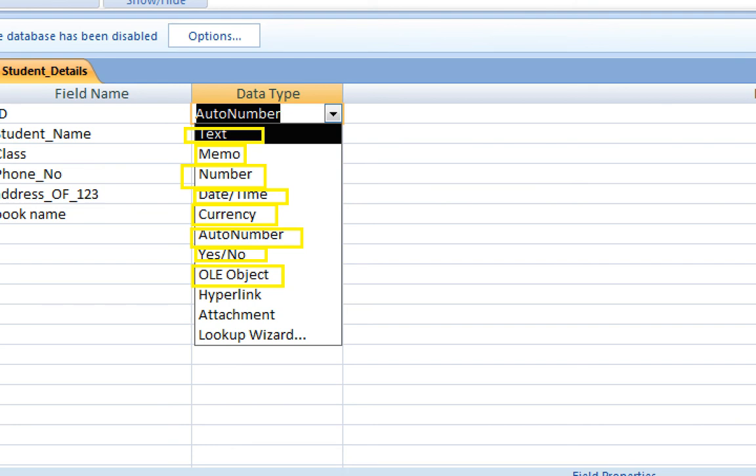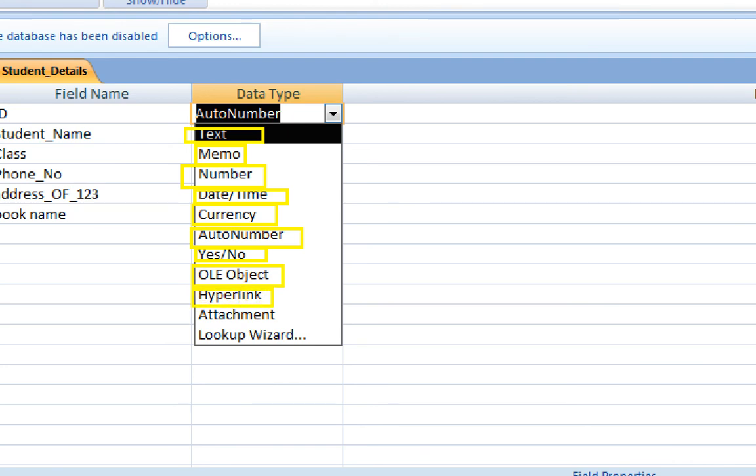Then there is the OLE object data type. By using this you can insert or embed audio, video or pictures. OLE object means if you want to insert or link any picture, audio or video, then you can use it, because logically we cannot insert a picture in a regular field; we can only insert text and numbers.